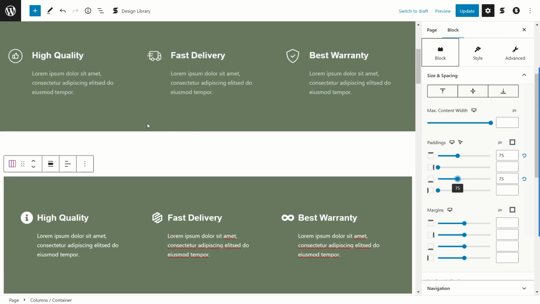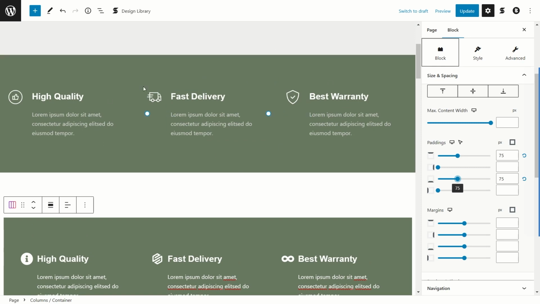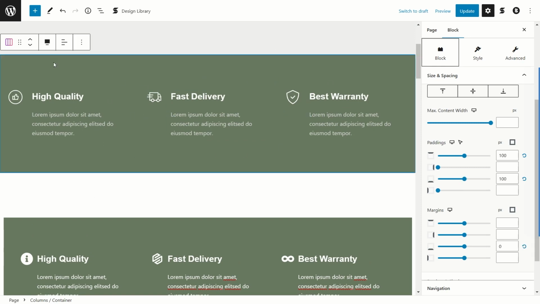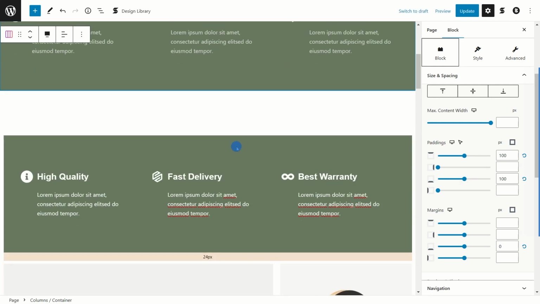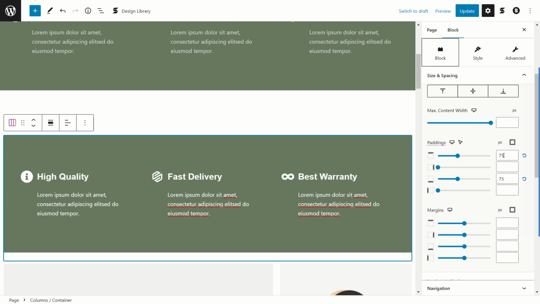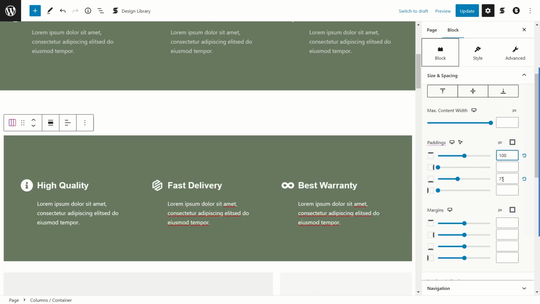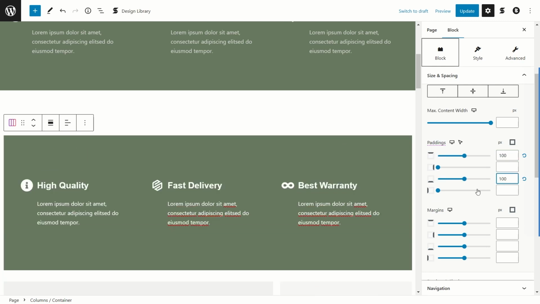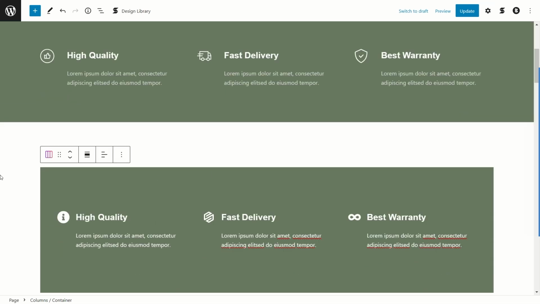So to understand how a design is working, I can simply click on this container and look how they have designed this. So they have added 100 pixels from top and 100 pixels from bottom. So now let's select our container and add 100 pixels from top and 100 pixels from bottom. Fantastic. Now let's close these settings and it's looking a lot better, but it's still not taking the full width